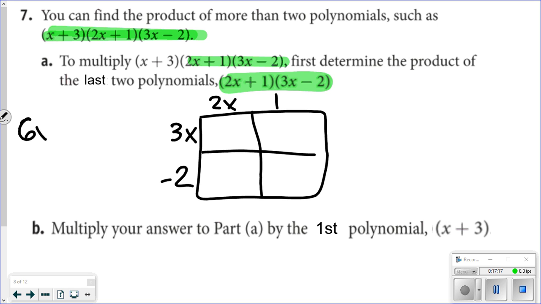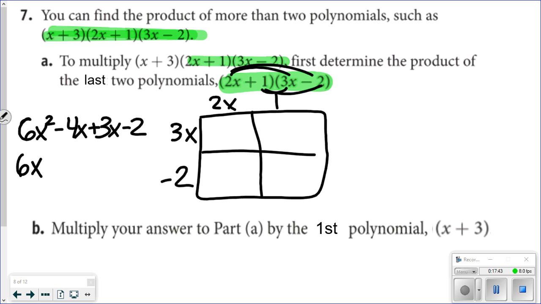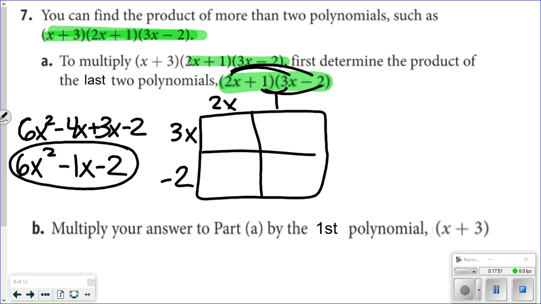First, outside, inside, last. Now, before I go any further, I am going to combine my like terms here. So I get 6x squared minus 1x minus 2. And this is my new product, my new trinomial, when I multiply the last 2